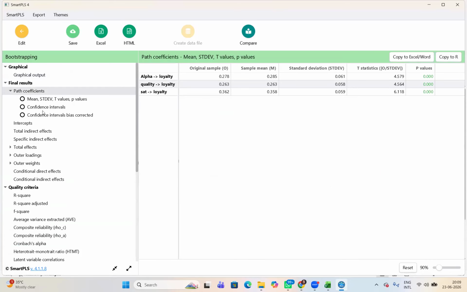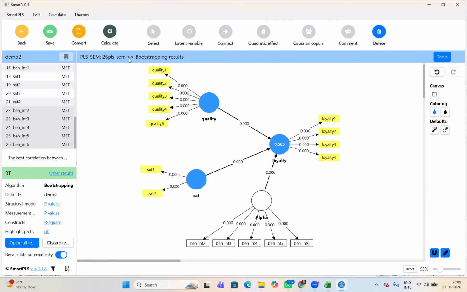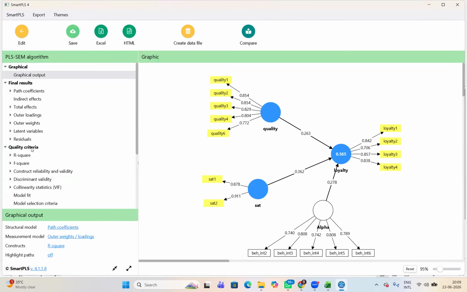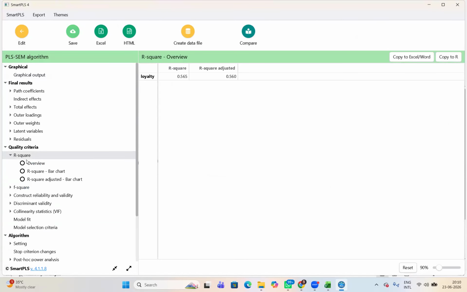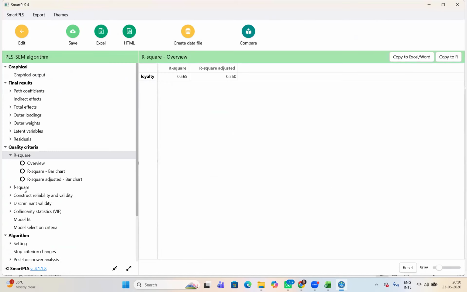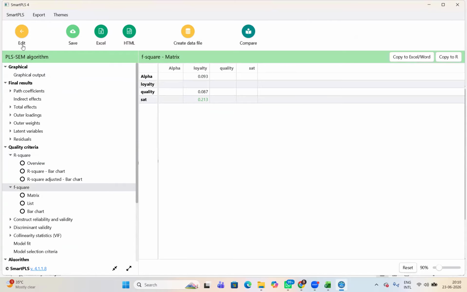There are other values we can check here, like R square value is there and F square value is there. So these values are available.